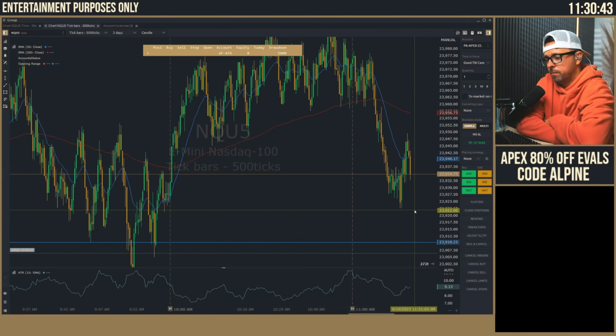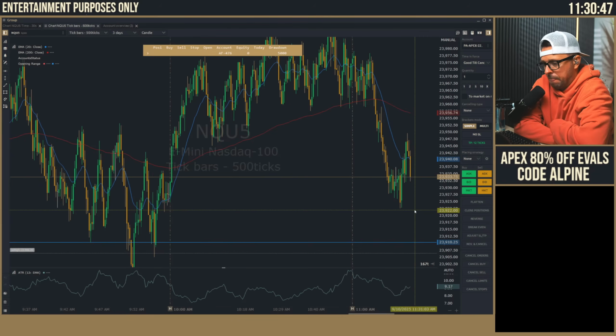There we go. Let's get it back down to the lows. Well, first, I guess the low of the opening range at 910. Then we have the previous day's high at 906, and then we have the low of the day. So it's a lot of support there. So I would love to